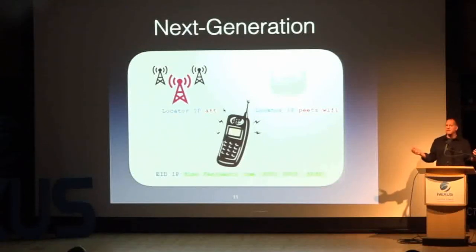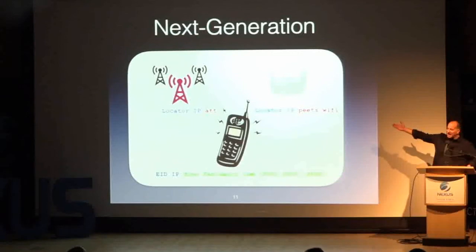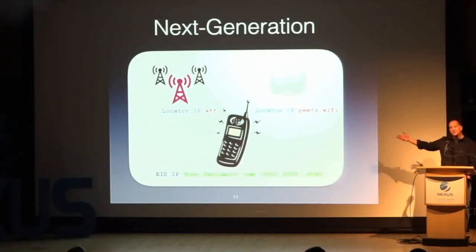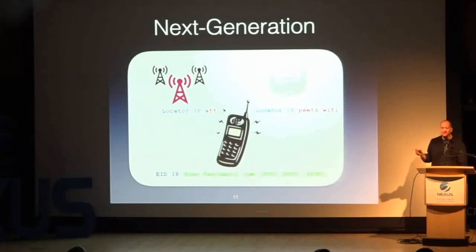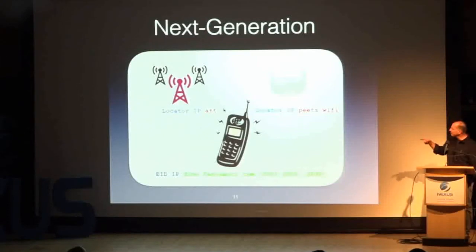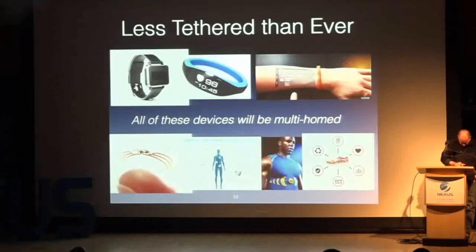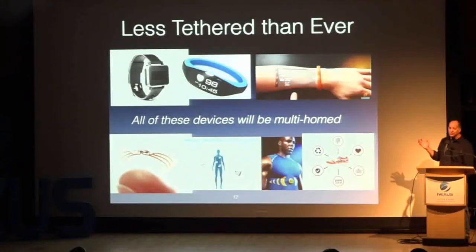And this is a perfect application for LISP because if the core didn't know about the ID and only routed on the locator address, that does come out of the aggregatable allocation from Verizon. So you see now how having this level of indirection in routing and addressing is going to solve a lot of problems. So you know where we're going in the future.